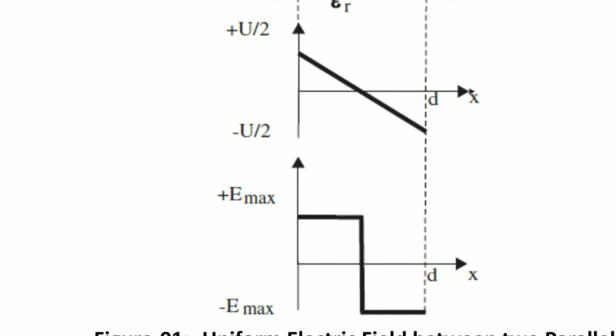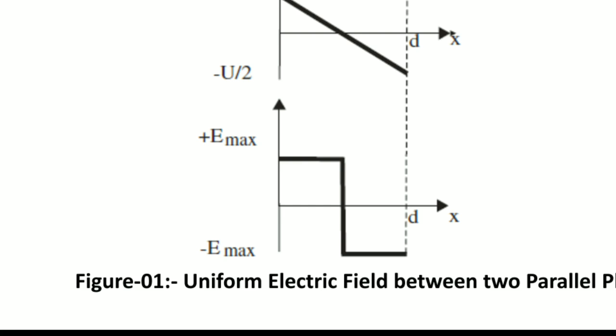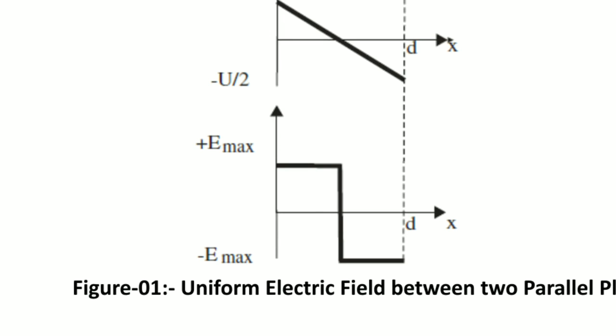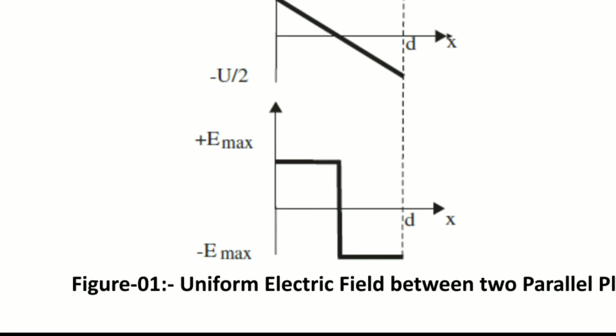The second graph indicates the variation of voltage between those two electrodes, where the distance between those two electrodes is indicated by the symbol small d. So there is a smooth variation. From this graph it is very clear that the potentials are uniformly distributed in that region if the field is uniformly distributed. And then figure number 3 indicates that as the field is uniformly distributed, the value of E remains constant unless and until the polarity changes. So plus E max, and then it changes to minus E max.